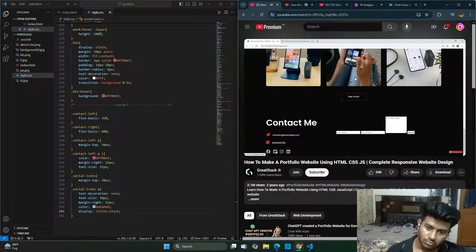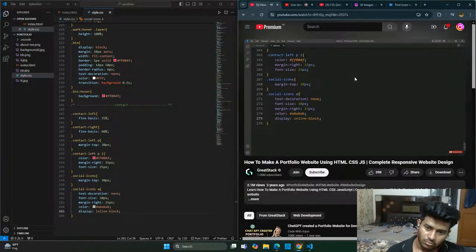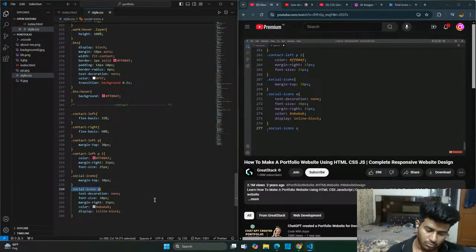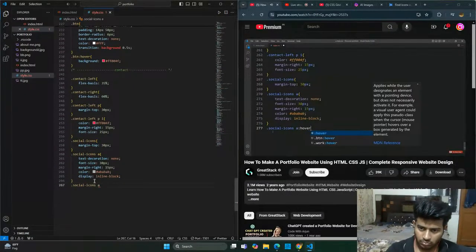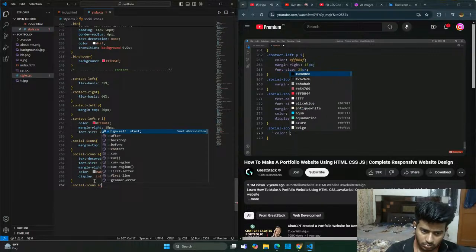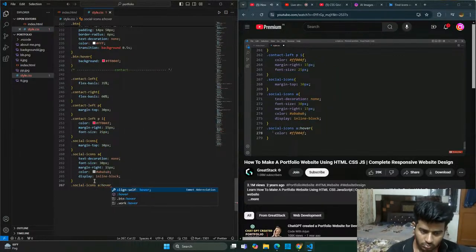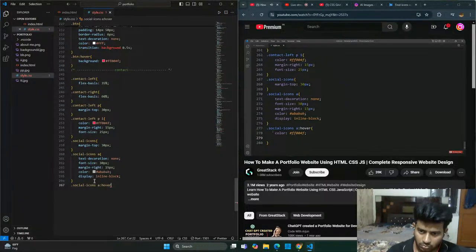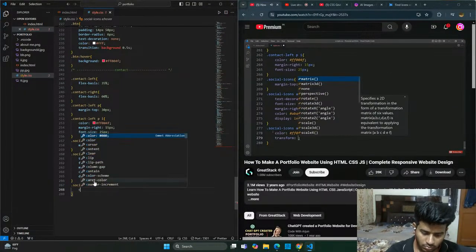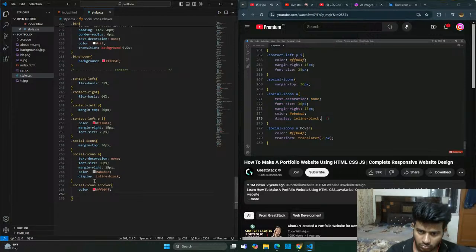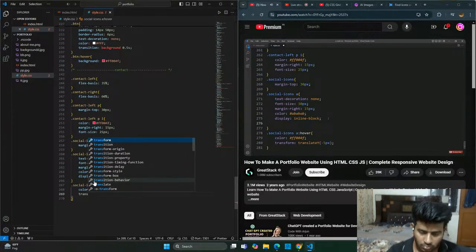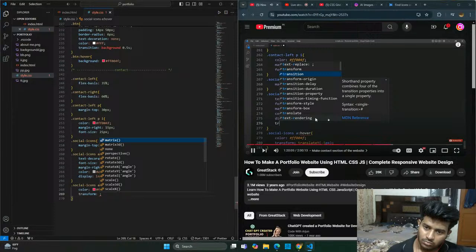Next, we will add the hover effect on these icons. So let's come back and copy this one, paste it here. So whenever we take the cursor over, it should change its color. So first we will add colon hover, then write color. This is the color code. After that, we have to move this icon a little bit up. So we will add transform translate y minus 5 pixel. So it will move the icon up by 5 pixel. And in this social icon A, we will add transition